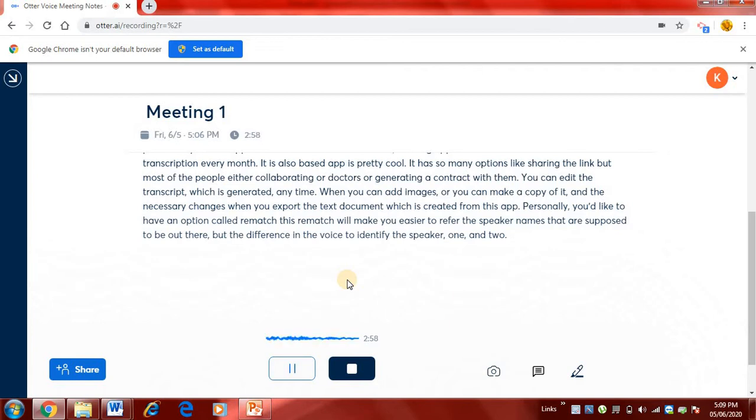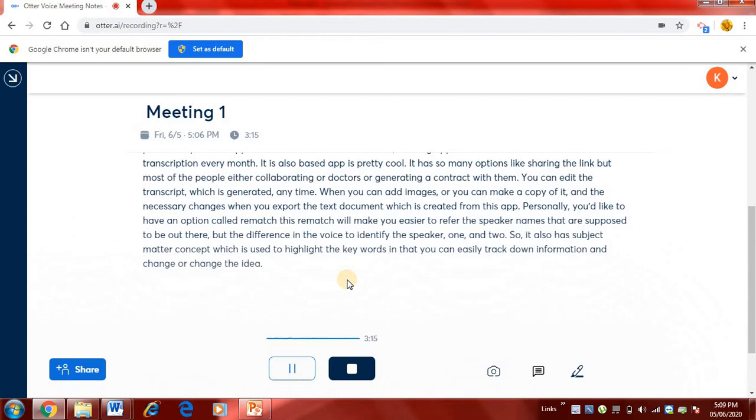So it also has a subject matter concept which is used to highlight the keywords in the content. With the highlights you can easily track down the information and change the link or change the idea if necessary.